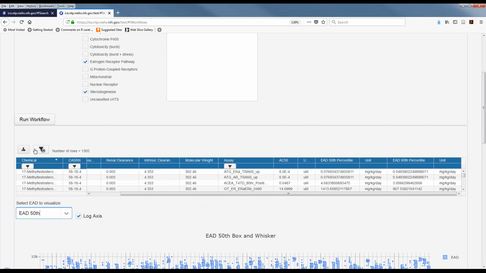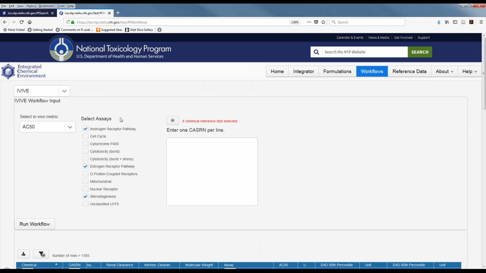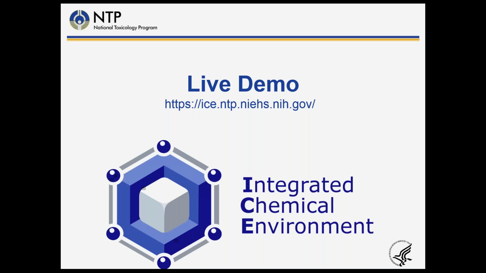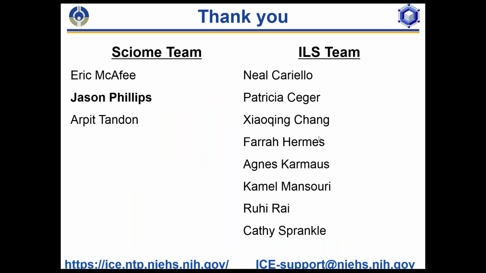And again, you can download the table and do some filtering on it. So I'm going to switch back over, and I'm sure when questions come up, I'll need to go back to one of the two platforms. We do have a lot of really interesting things coming up, and we do want to make sure that this resource is really useful for our stakeholders.